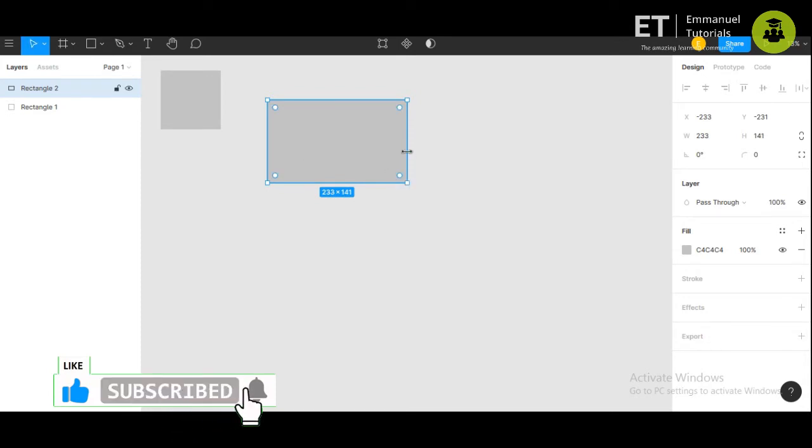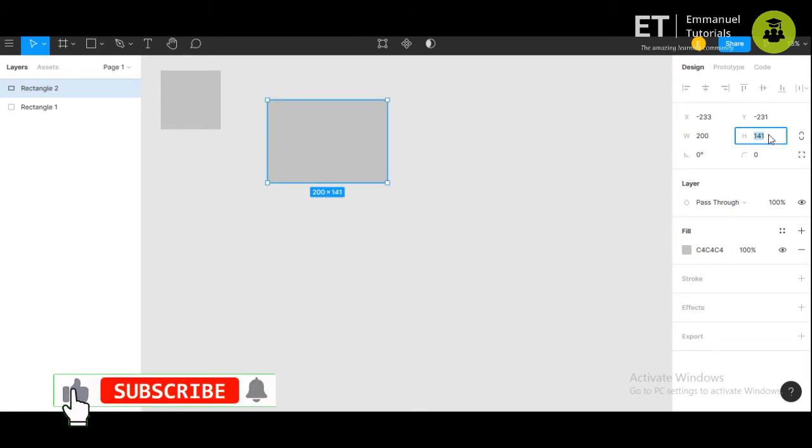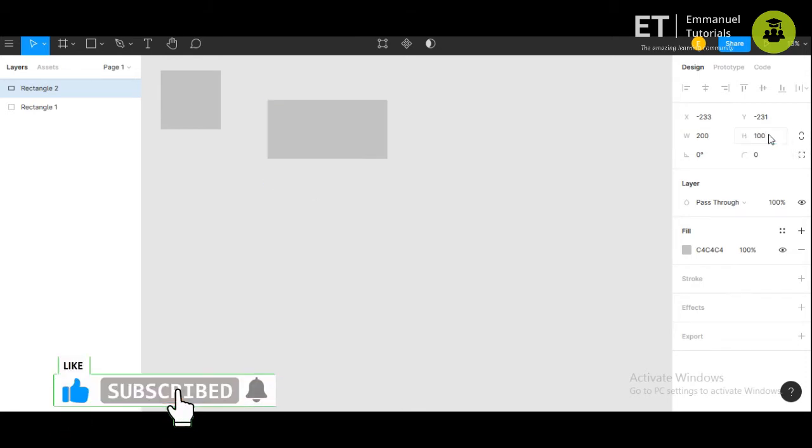Now the dimensions can be changed over here in the design window. So here you can change the width or the height of the rectangle.